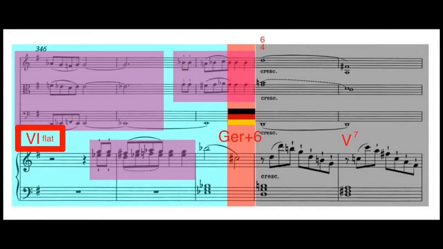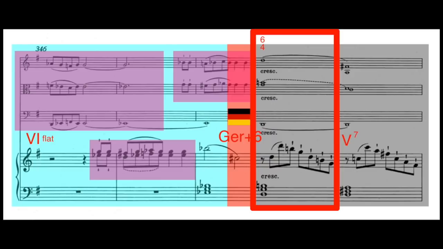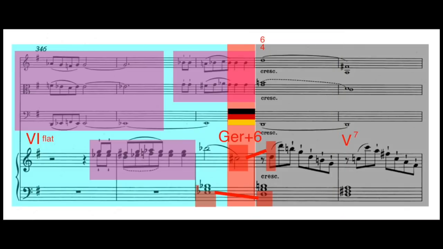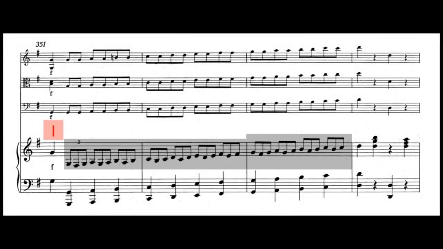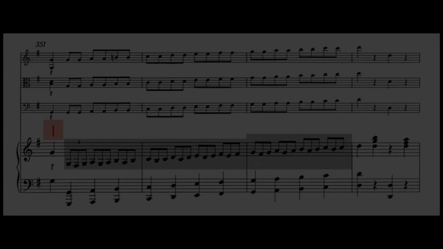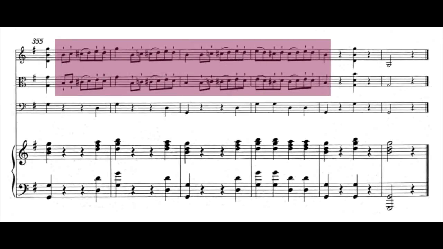The flat 6 chord eventually becomes a German augmented sixth chord that resolves to a cadential 6/4 chord, as I mentioned before, to avoid parallel fifths. Pay attention to the outward resolution of the 2 notes that form the augmented sixth interval in this chord. This chord progression now returns to the tonic to conclude the piece with these virtuosic triplets from the piano, and final entries of the rondo theme from the strings.